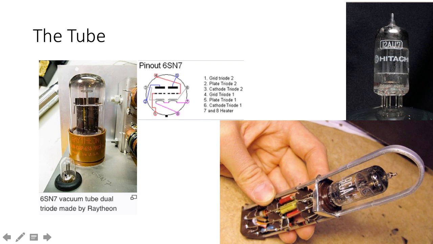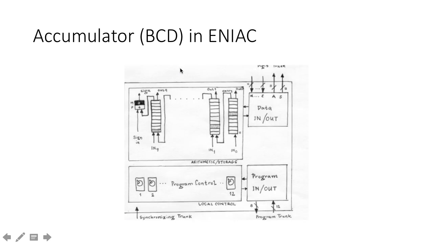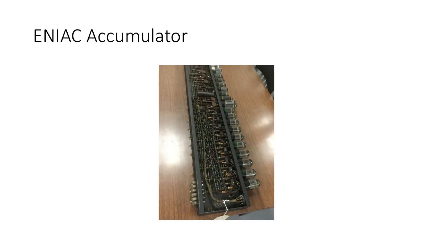Here's a neon bulb in the lower left corner. And here is the TR2 implemented by IBM. This is a single tube implementation of a flip-flop. And there's a more modern 12AU7, which has completely obsoleted the 6SN7 over here in the center. The accumulator is based in binary coded decimal, and that's being used as a shift register inside of ENIAC, so that's a serial accumulator. And you can study that in your digital design courses if you like. And then this is the